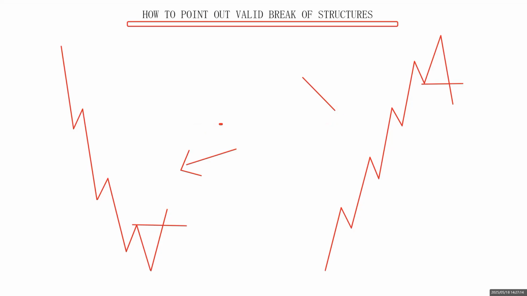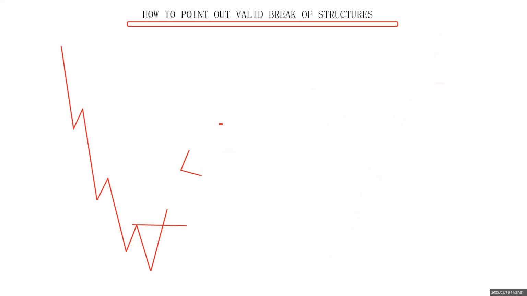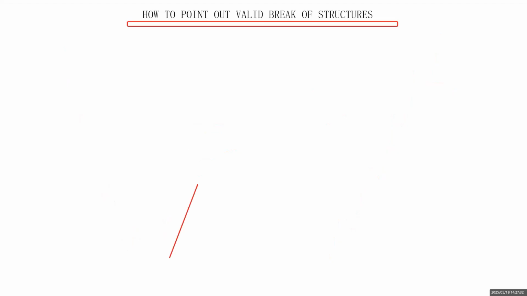Before we go further, we are going to take it one by one. How do we see a valid break of a bullish structure, and how do we see a valid break of a bearish structure? First of all, we all know that bullish structure entails a clear coordination of